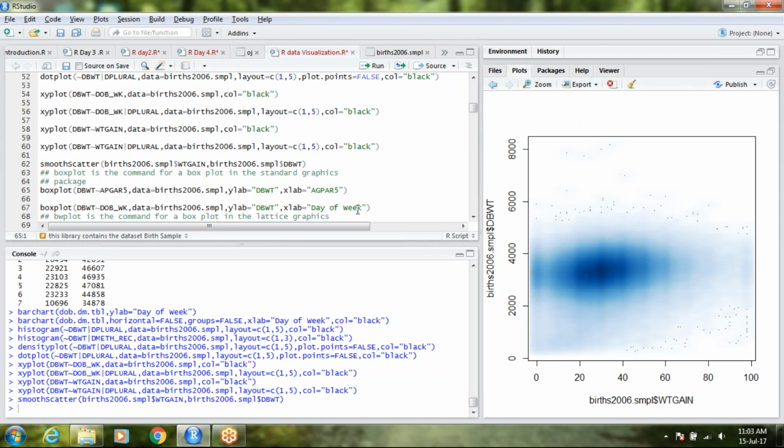Box plot is one of the other visualization techniques that is used. It is mainly used for